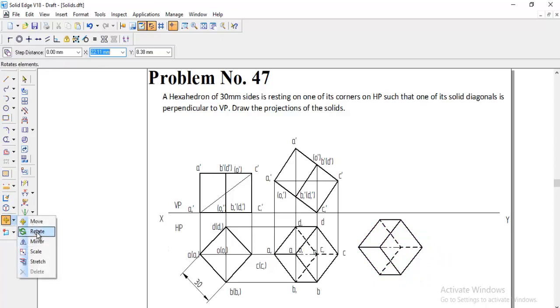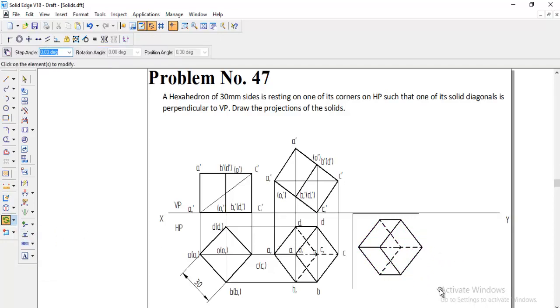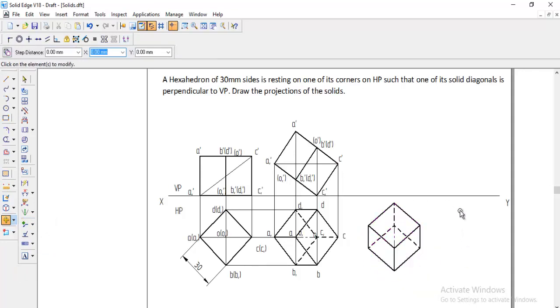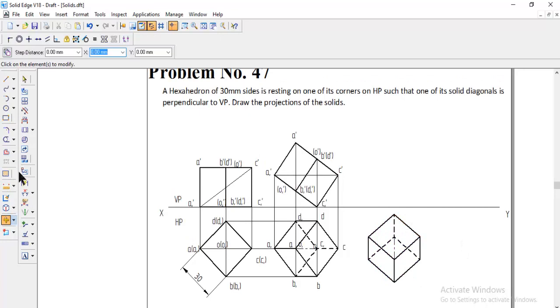After that we can use the rotate option, select the entire object and make this C the fixed point, and A is the rotating point A1, and make sure it is 90 degrees. Like this you can rotate it, and later you can move it to whichever convenient place by switching off the copy. So we can move it here near to this. Like this we can place it. And next the namings, so we can move the namings here.